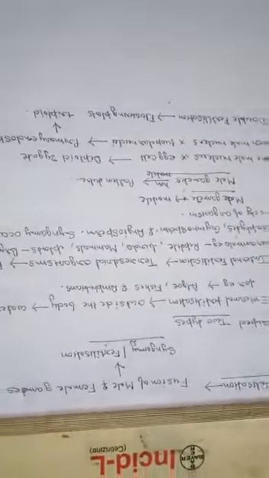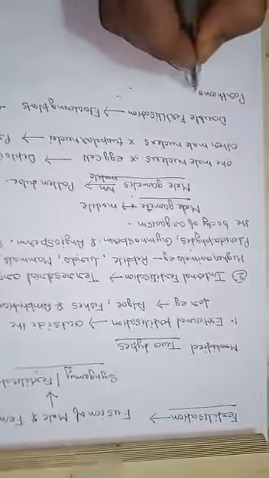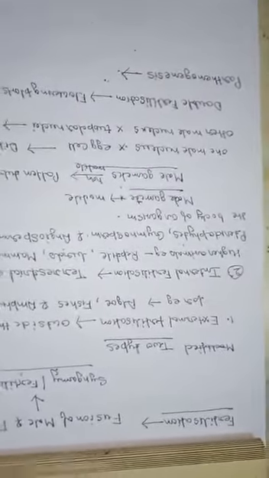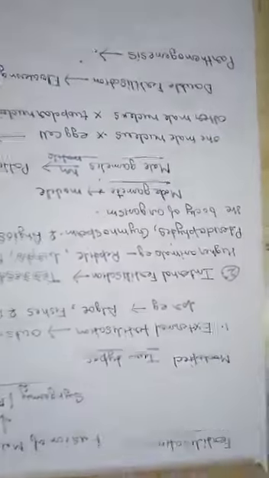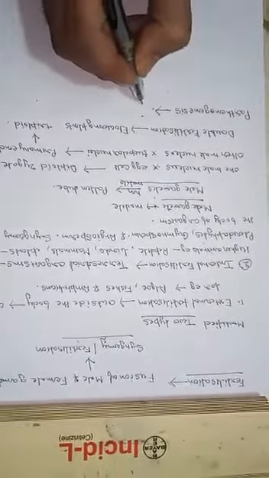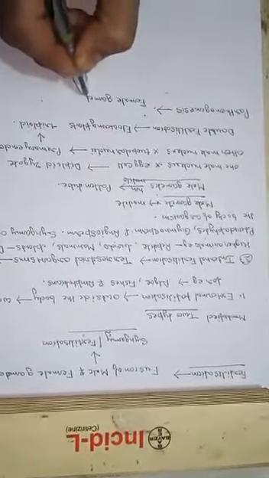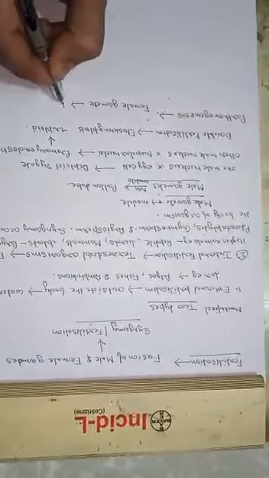Next topic is parthenogenesis. What is parthenogenesis? Some organisms show a modified form of sexual reproduction in which the female gametes develop into a new individual without being fertilized. When a female gamete doesn't fertilize and it gives a new individual,